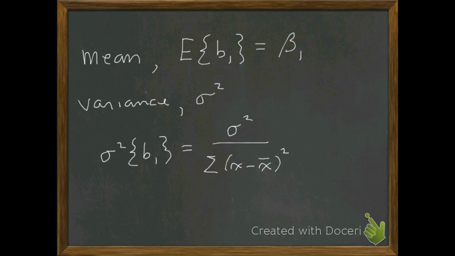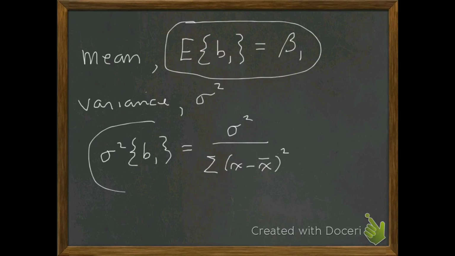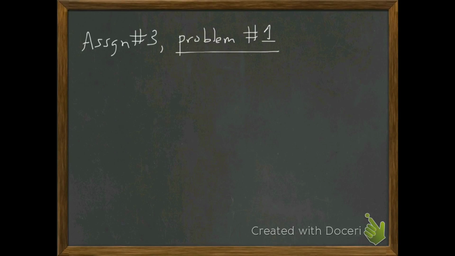Now, I'm not going to spend much time talking about this. We have an unbiased estimator. We talked about that before. But I would like to examine the variance a little more closely. And guys, from I think it was assignment number 3, and I believe it's problem number 1, we showed that